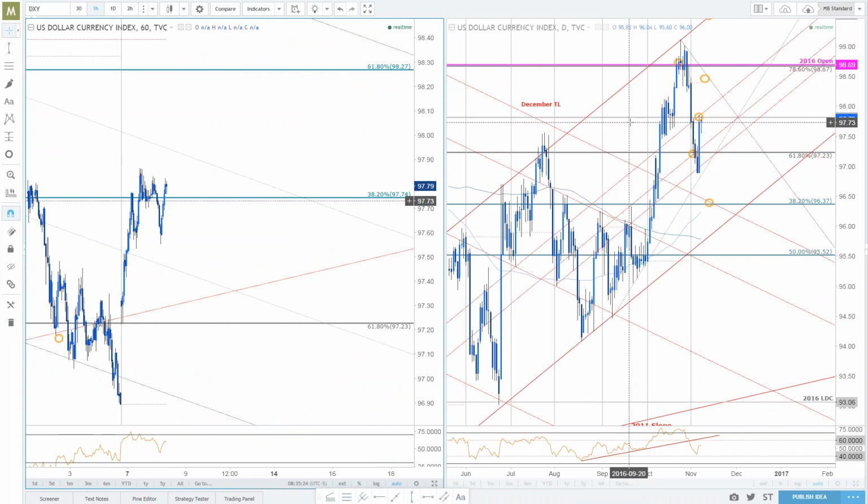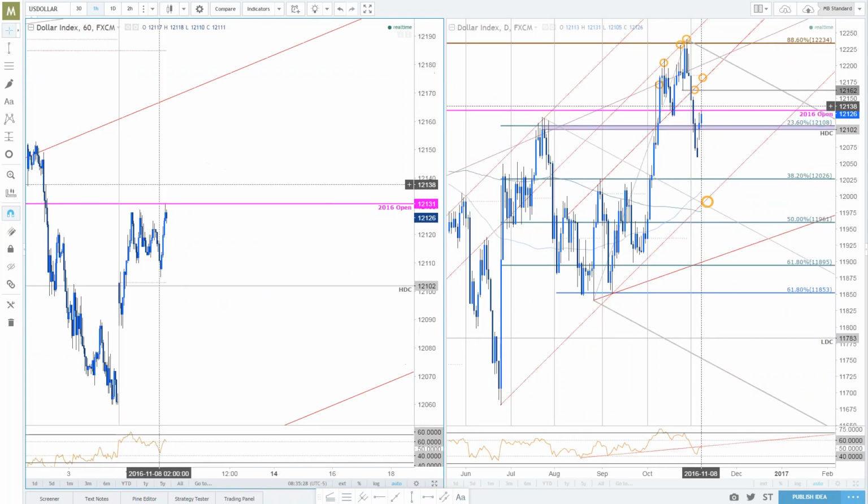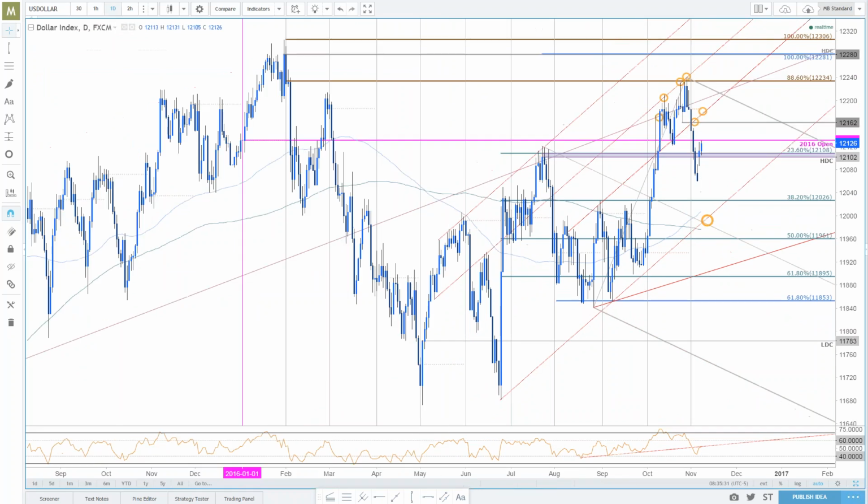Sorry, this is the confusion, guys. This is the ICE dollar index. The Dow Jones FXCM dollar index is the opposite one. Here's the Dow, a little different, but knocking on the door at the 2016 open as resistance. Okay, same type of setup. You could see in a scenario where the elections come out, this thing stretches into a high below the monthly open,